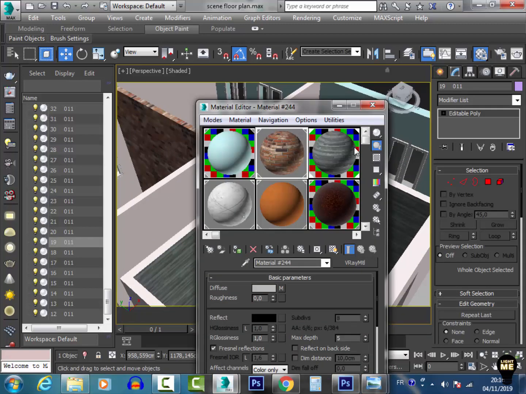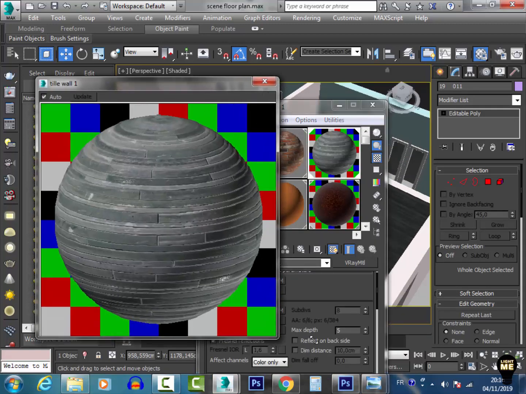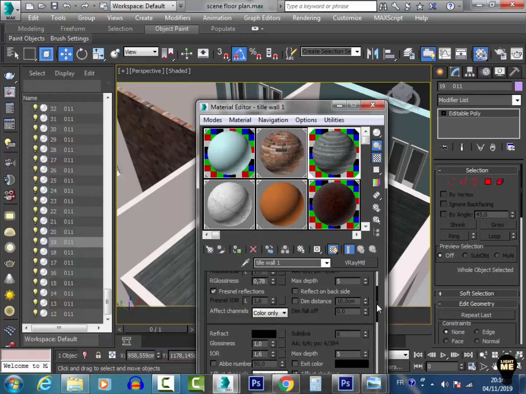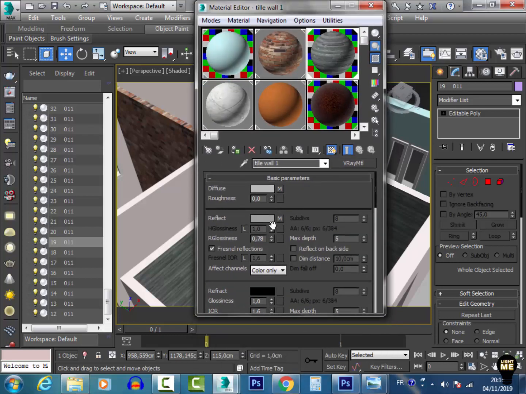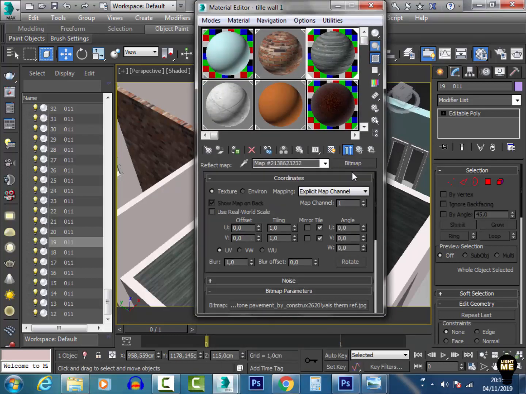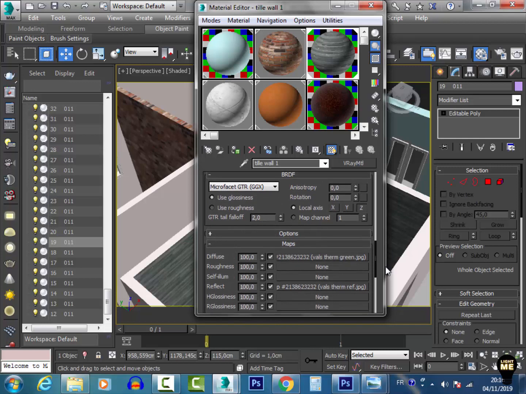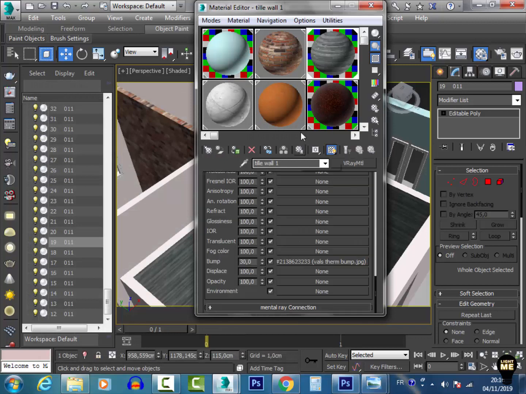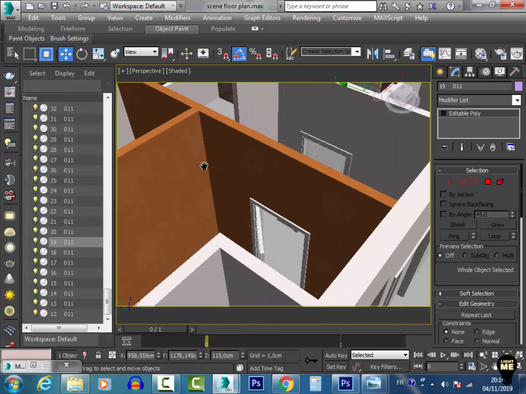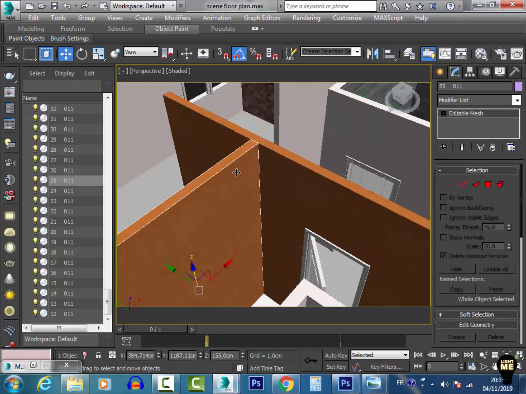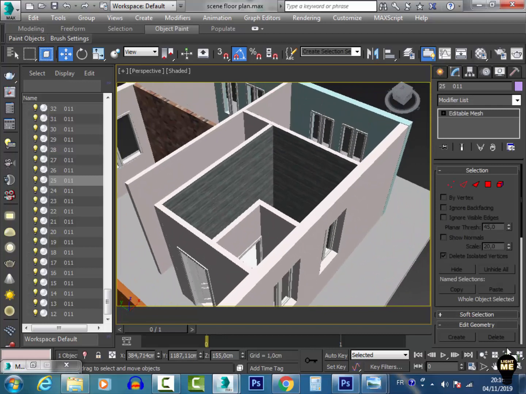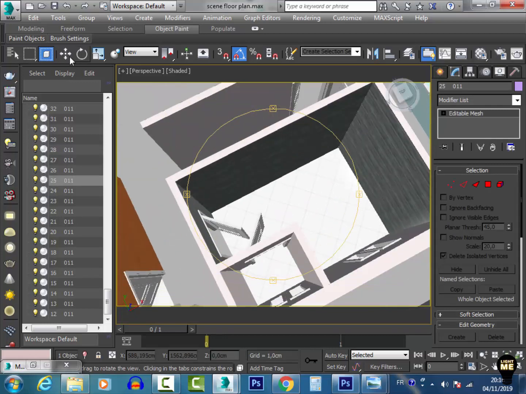So this is my material for the bathroom. Just a little bit of reflection, and also a little bit of bumpiness. I also changed the color of the wall of the kitchen, and I changed the floor for the kitchen,